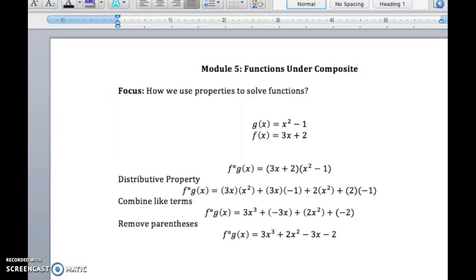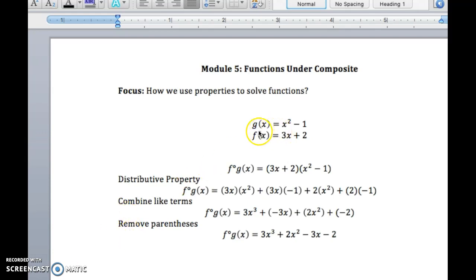Functions under Composite, Module 5. The focus I'm going to try is to use the properties to solve the functions. I had a difficulty with this unit. I never had to teach functions, and I haven't even worked with them myself in a very, very long time. So,